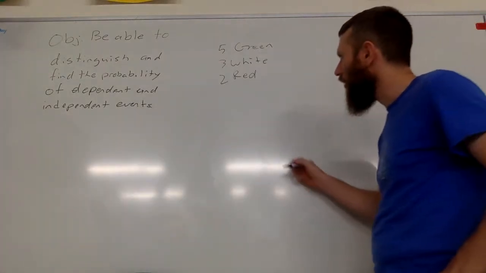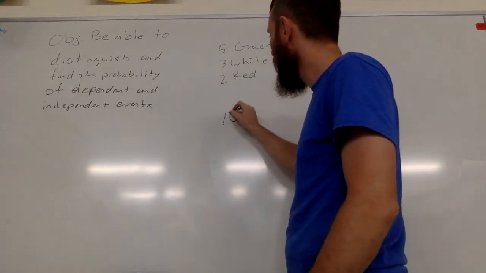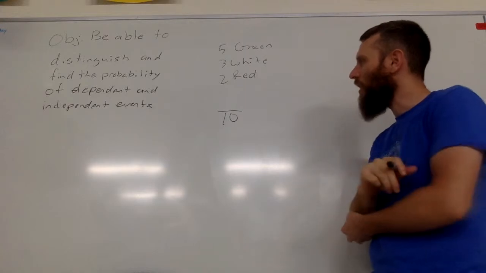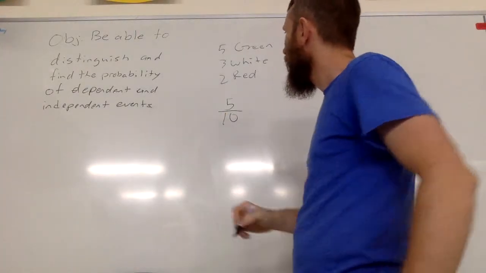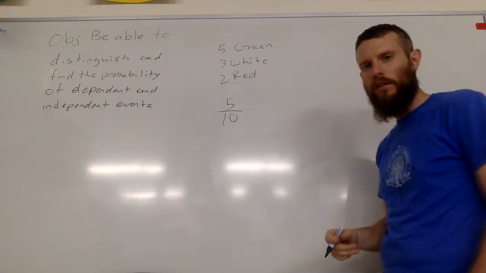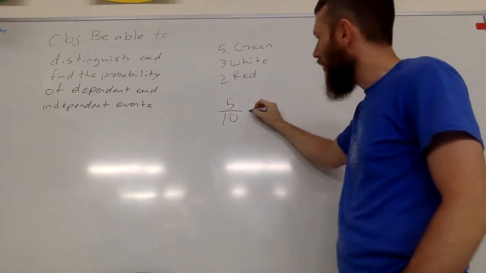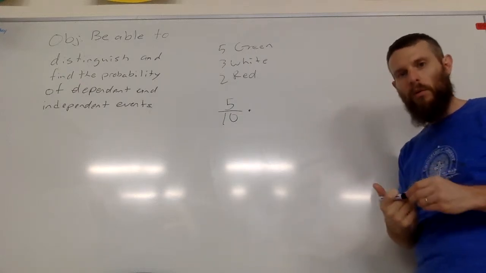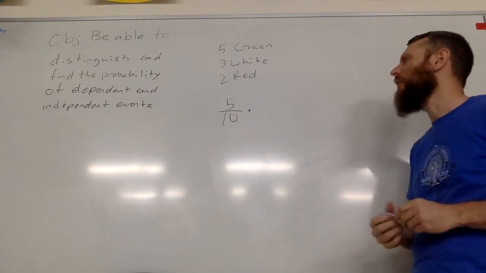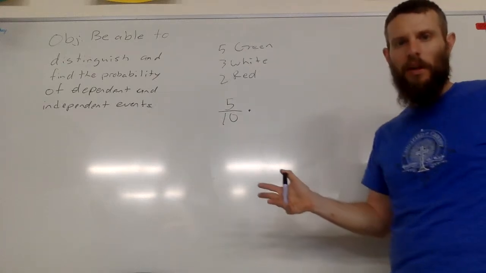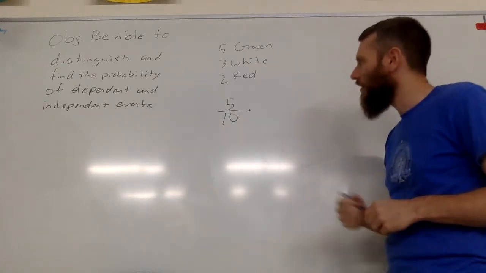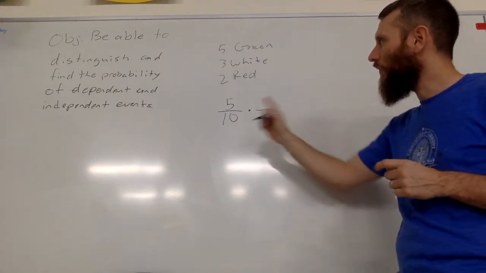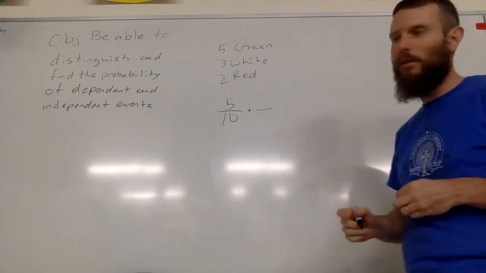Well, there are 10 die to choose from, and there are 5 green. So the probability of me pulling out a green die in the first round is a 5 out of 10 probability. Now, I said I'm pulling it out at the same time. It's the same thing as if I were to pull it out one at a time and not replace it. That's the same effect or the same outcome. So the second die that I pull out, if I pulled out one of the green ones the first time around,